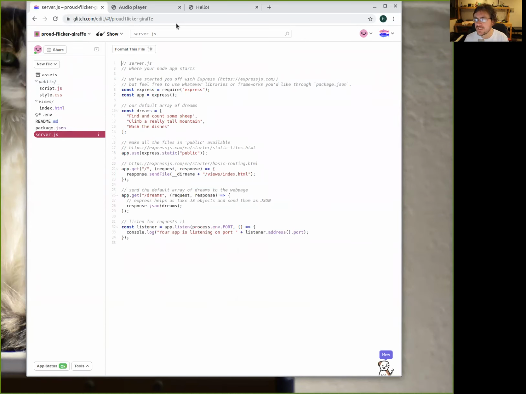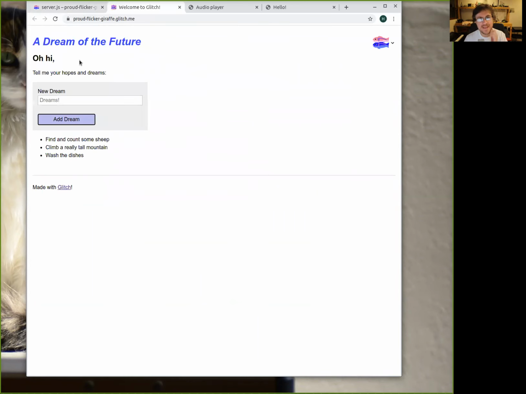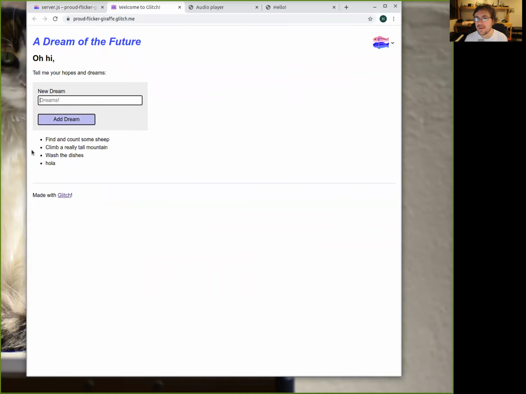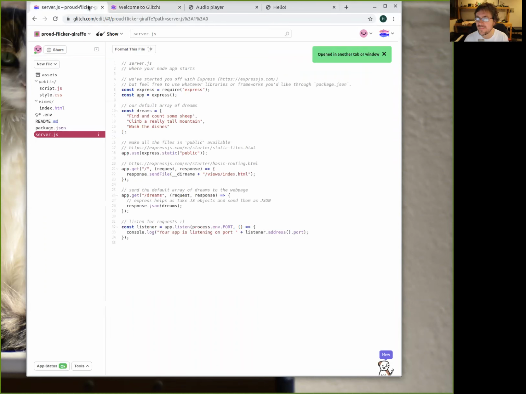This is just an example. If we run this application, it says new dream, hola. I drag, and then it says hola. It is adding things to a list on the client side, on the server side. That is the fancy thing.